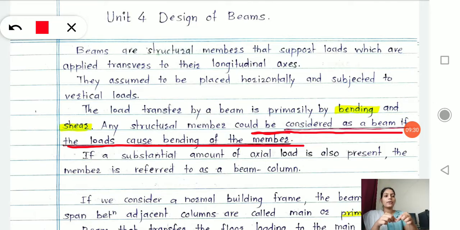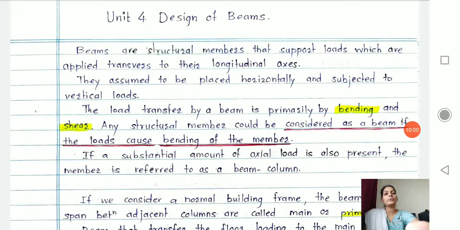It can be in a horizontal position, or in a tilted position, or in a vertical direction. It doesn't matter, but what you have to focus upon is the load transfer action, how the load is transferring. If the load is transferring by the action of bending, then that kind of member must be taken as a beam member. Okay, now